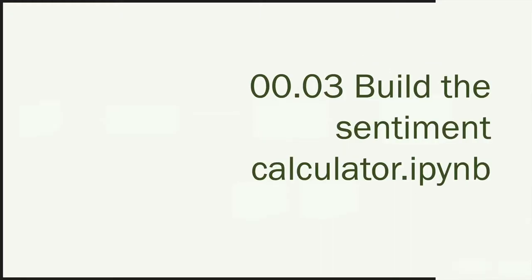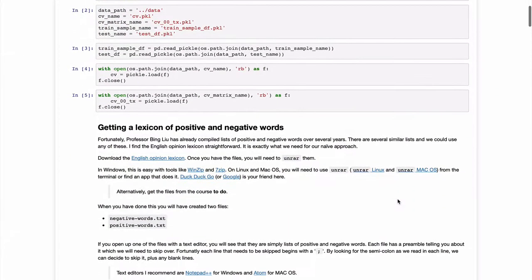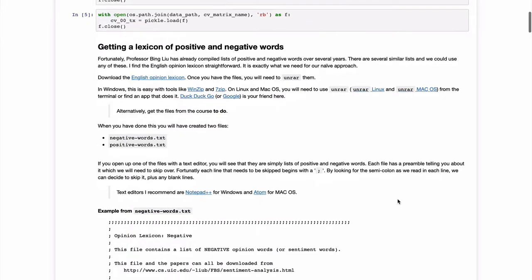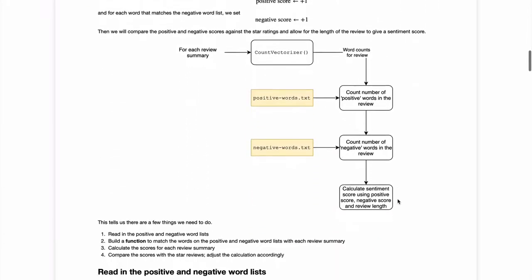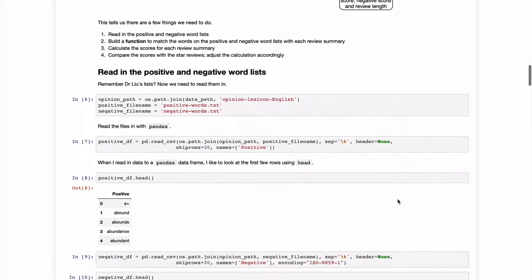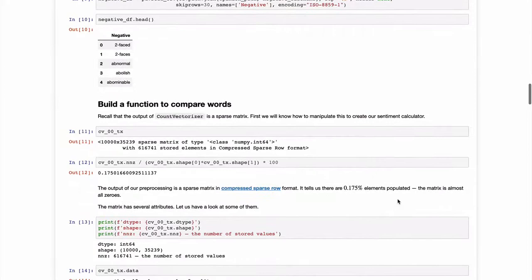I invite you to go through the calculations in the Jupyter notebook called 00.03 build the sentiment calculator.ipynb, and here's a look at it. In this notebook we get the lexicon of positive and negative words, and there's an example of that. We run through the sentiment calculator, we read in the positive and negative words lists, we build functions to compare the words,